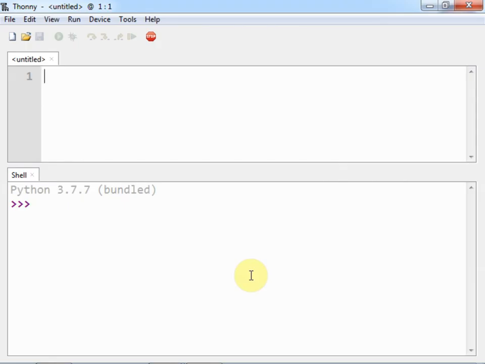Now here I have taken a new file in which I am going to write the class. So I'll start with the keyword class, then suppose my class name is my class, then colon, and then I'll press enter. So in double quotes I can write here the document string. So this is a docstring.